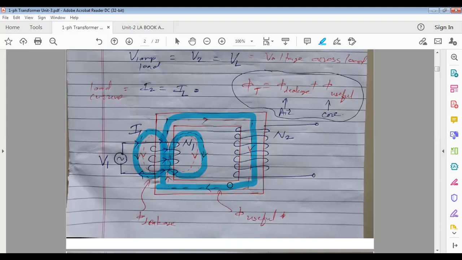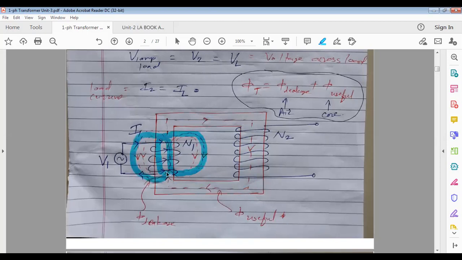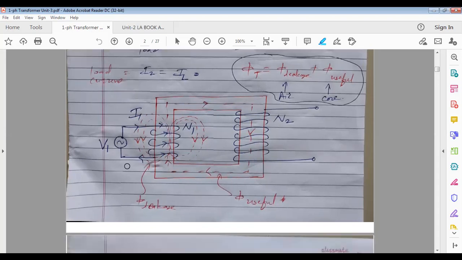Why? Because its relative permeability is very high. Opposition will be very less. And for air, its relative permeability is not 0. It is 1. So that's why the opposition offered by air to the flow of flux is not infinity. It is very high, but it will not be infinity. Means flux can complete its path through air. Like current cannot complete its path through air, but flux can.